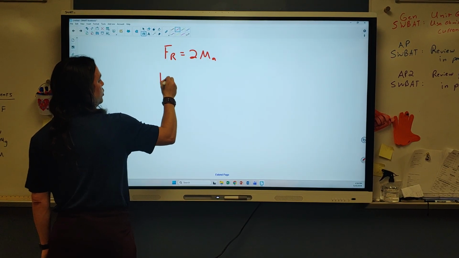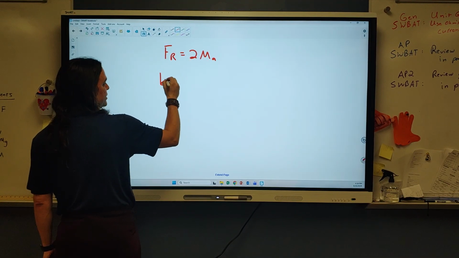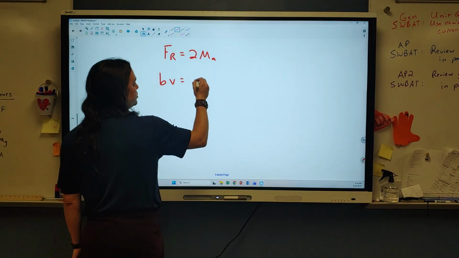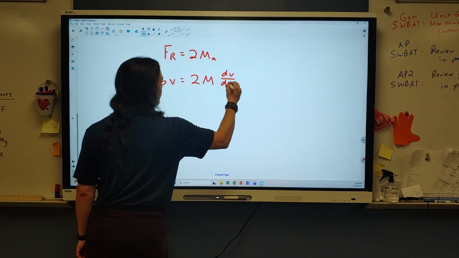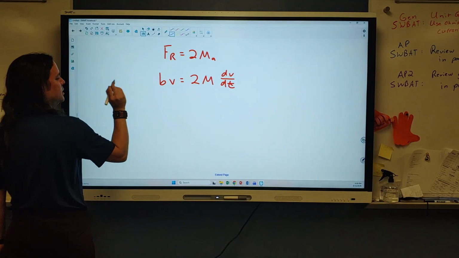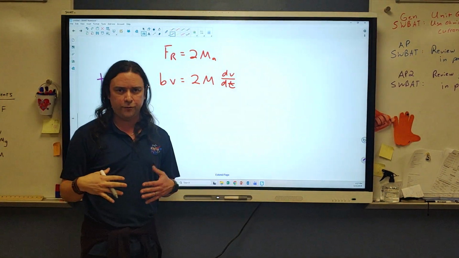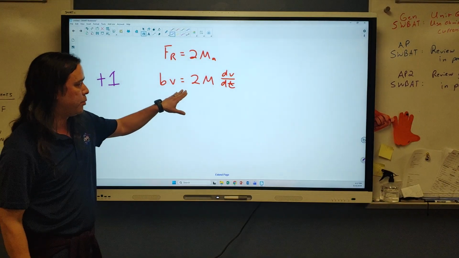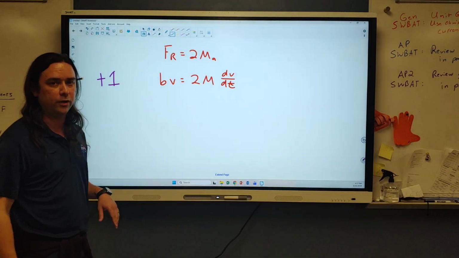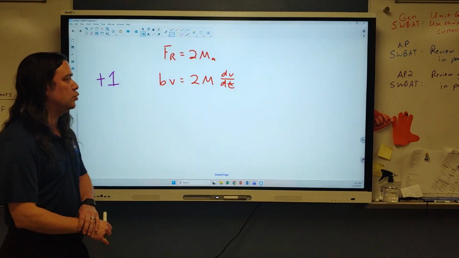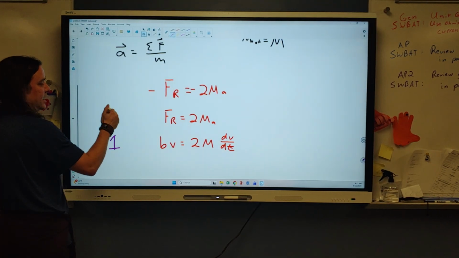My resistive force would have a magnitude. I basically have the directions taken care of in this. So I'm going to have bv equals negative 2m dv/dt. Okay, so I'm going to go ahead and mark this. I don't know if it's right here, but for many, many years on questions like this with drag force, correctly setting up an appropriate differential equation that could be used to find what you're looking for, usually the velocity, is usually the next point. So you would get 1 point for being able to set up Newton's second law and